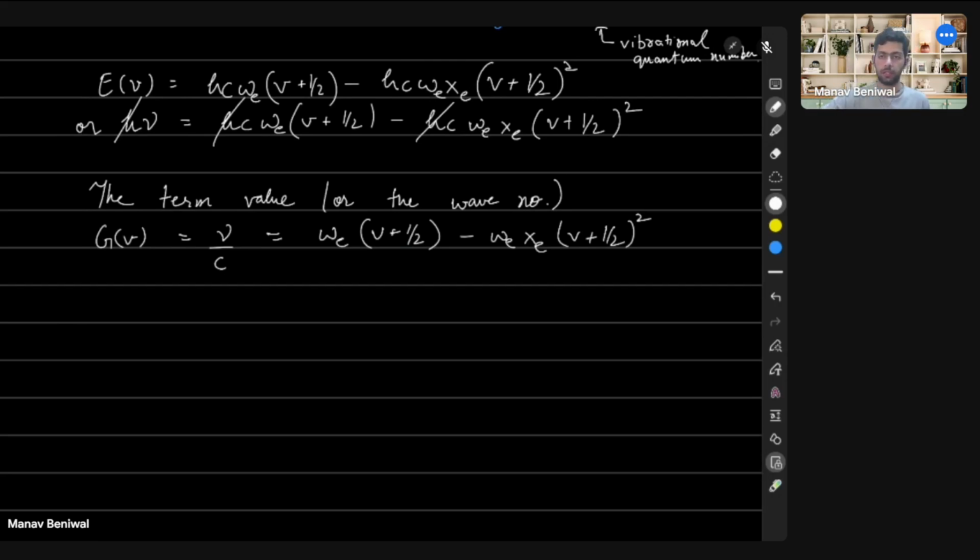This is the term value, and then we have to find the difference delta G v, when there is some transition from v prime to v. Then what we get is